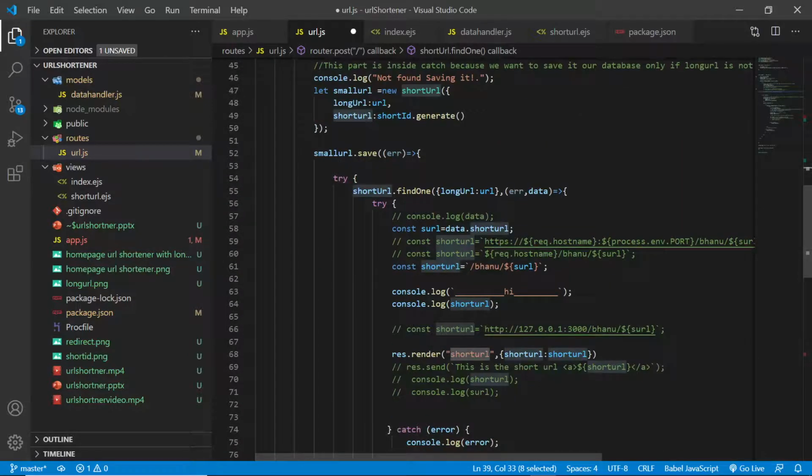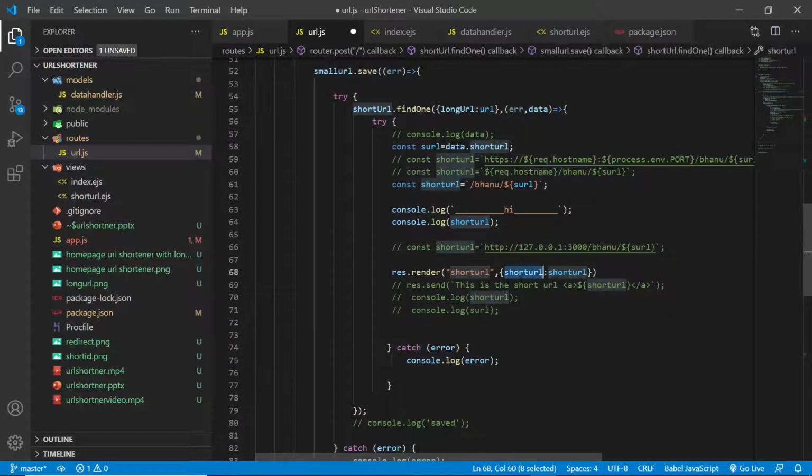And these are the parameters. Now this short URL is a name which you can use in your view. You can name it anything. And the short URL, this is what we have created over here. Usually they are named the same, so don't confuse. This is the one which we'll be using in our views, index.js or short.js.